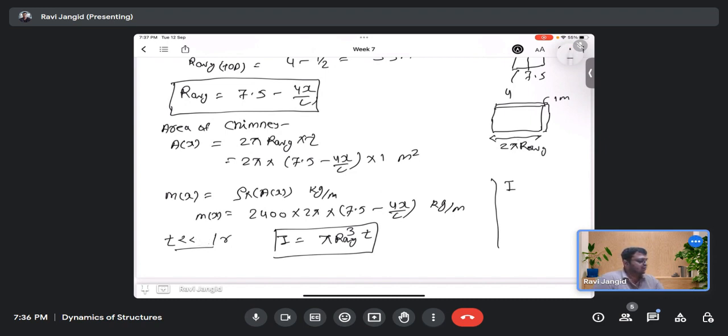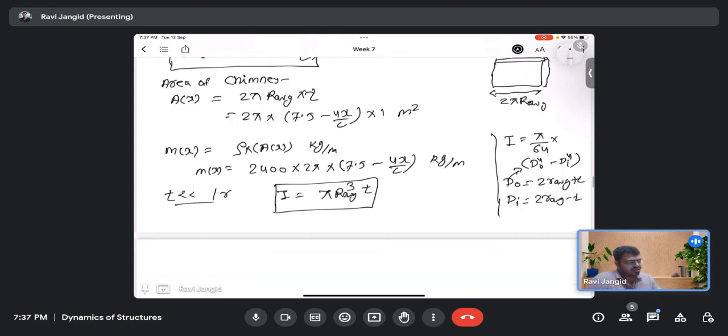So for the hollow section, what is my I? It is pi into d outer power 4 minus d inner diameter power 4. If I put d outer, that would be 2r average plus thickness, and d inner would be 2r average minus thickness. If you substitute into this, you will find I is pi r cube average times t. So you can find out I is equal to pi into